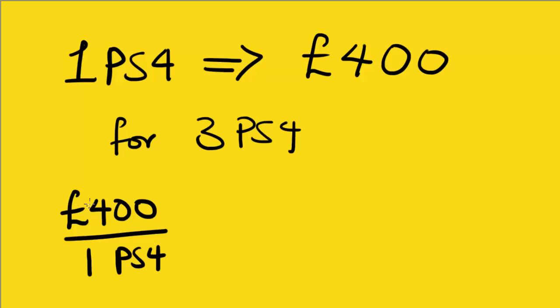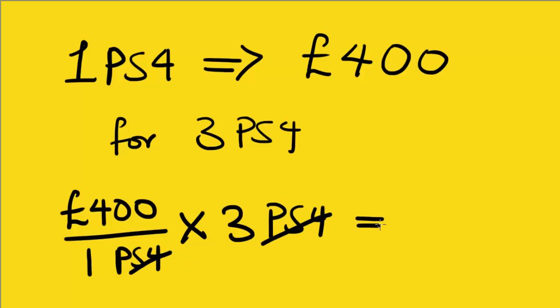And the reason why I put £400 on top and PS4 at the bottom is so that I have pounds at the numerator, so that whatever is left after I do my cancellation, which you'll see, will be pounds, because I know the PS4s will cancel because I'm doing 3 PS4s. When you multiply this out, the PS4s cancel, and you have pounds left as the only unit,